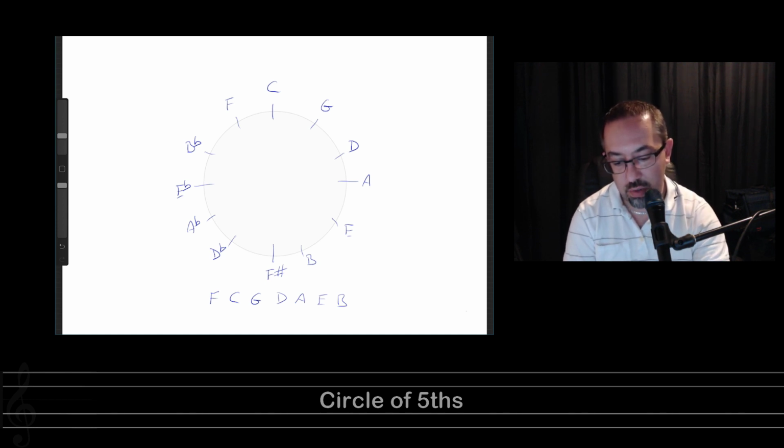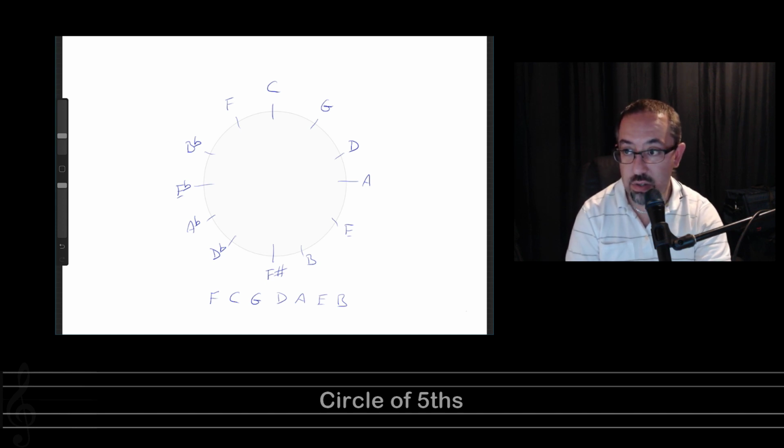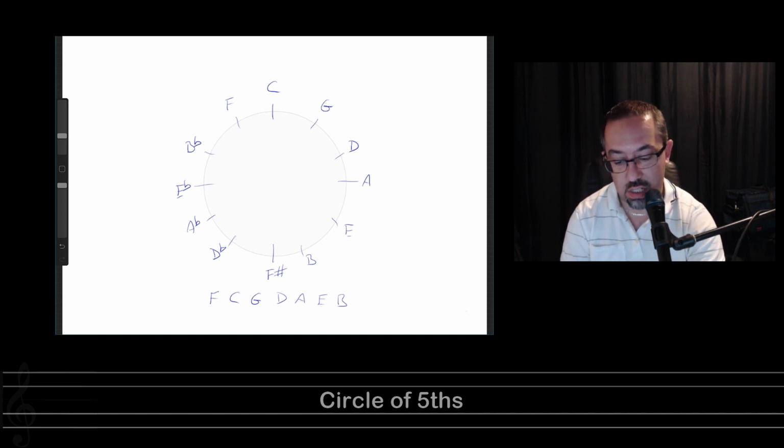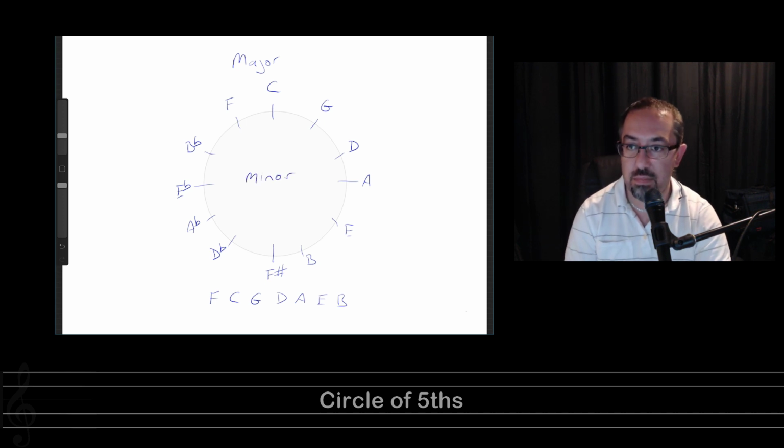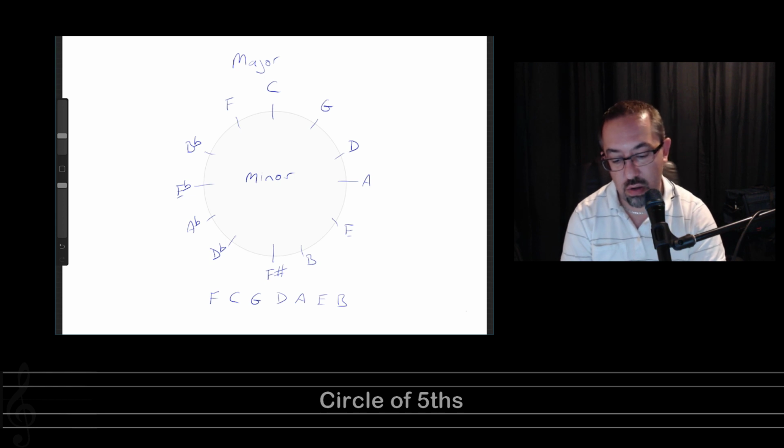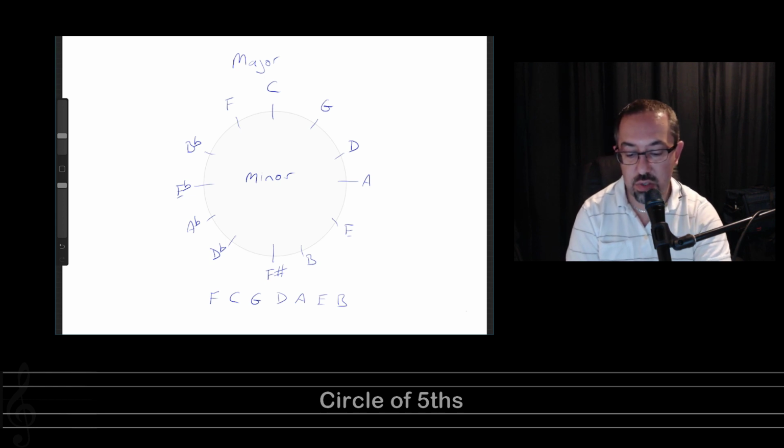The next thing I might look at is the inside of the circle. So the outside and inside of the circle give us different bits of information. The outside tends to focus on major keys, and the inside tends to focus on the minor keys. Okay, so directly in relation to C, if you go up